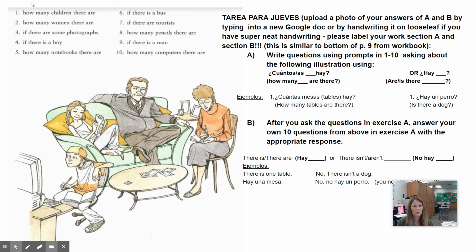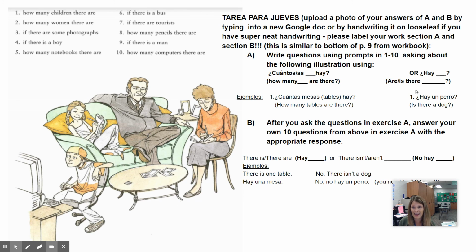Okay. So, for example, we're looking at tables here. You're going to write a sentence maybe about tables, although that's not in here, but this is just an example. So if I wanted to ask, how many tables are there? I would say cuántas, that's how many, mesas, tables, hay? Okay.